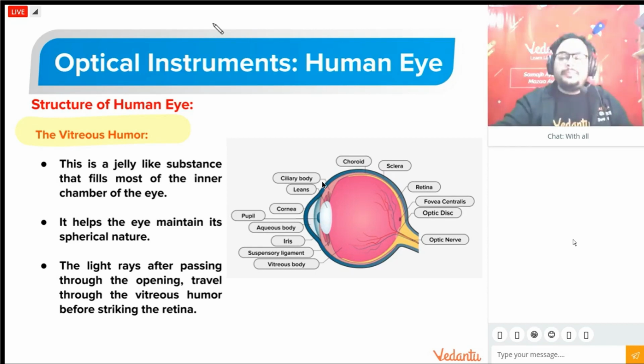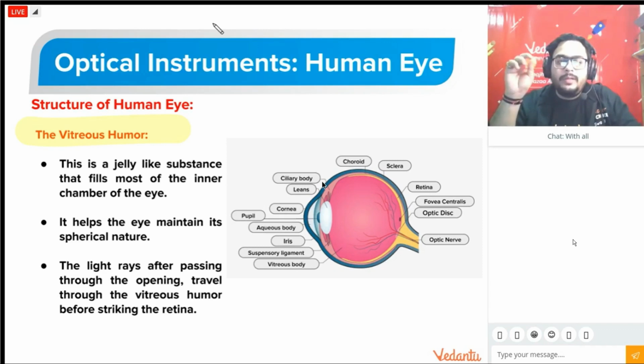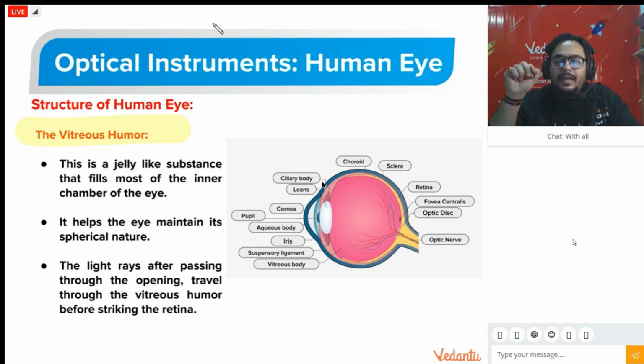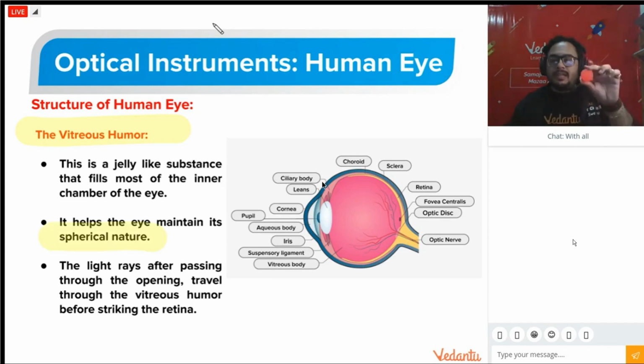So your eye is basically completely filled with a liquid, a jelly-like substance, okay, not liquid, which is called vitreous humor. It helps the eye in maintaining the spherical shape. I did not know that. Thank you very much. It is not at all an important topic from physics point of view, I will say again. Because if there is nothing inside your eye might get crushed. Okay, ho sakta hai. I will come to that, Manisha. Important points I will tell you, okay?